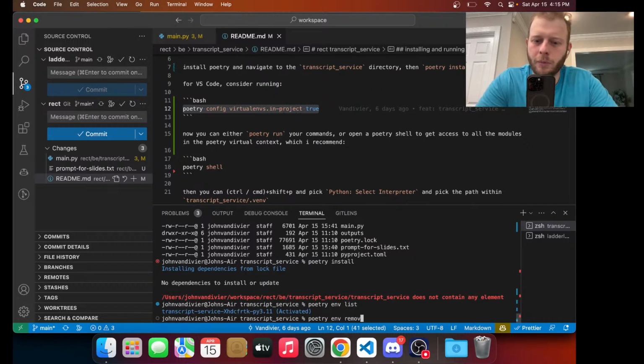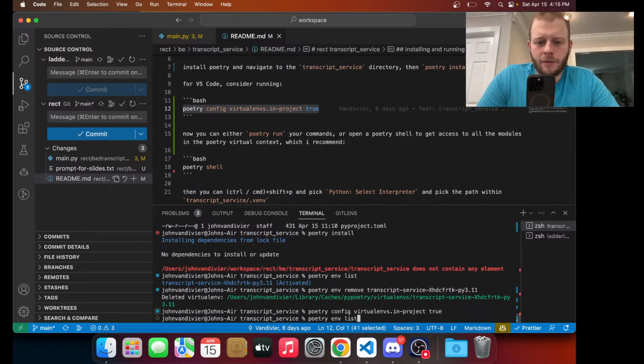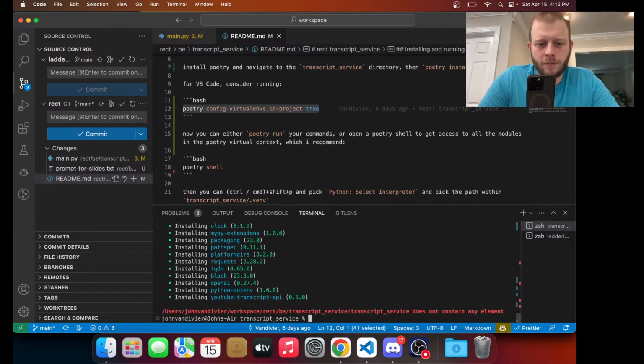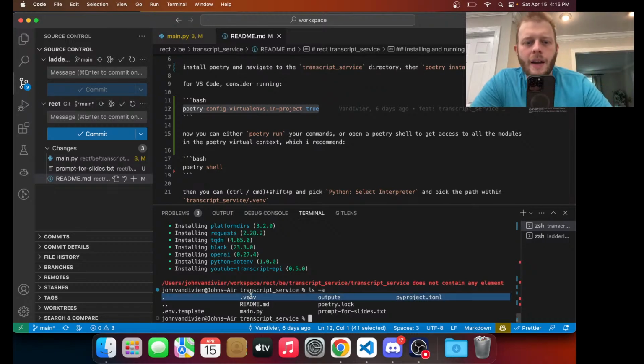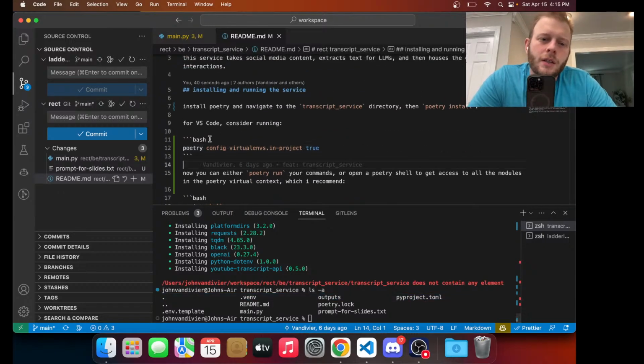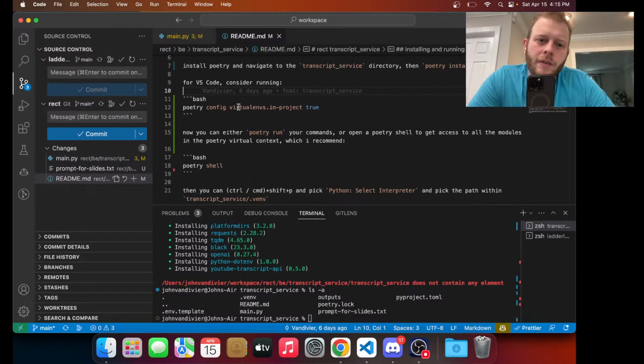Poetry env remove. Deleted. Now let's config. Maybe I need to configure it before I installed it. And then it will drop it right here. So then now I have the .venv. For VS Code, consider running